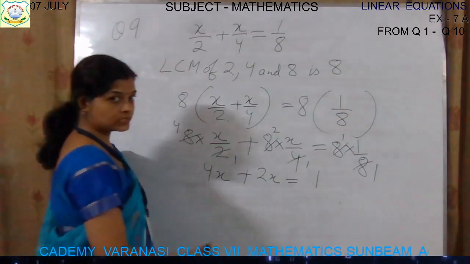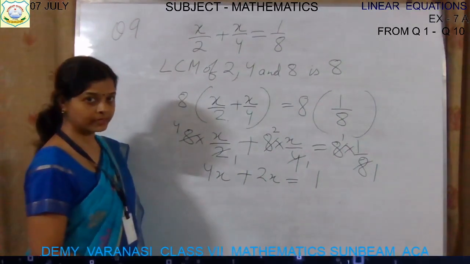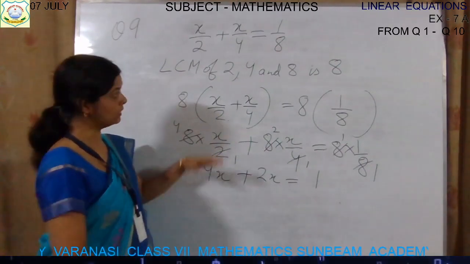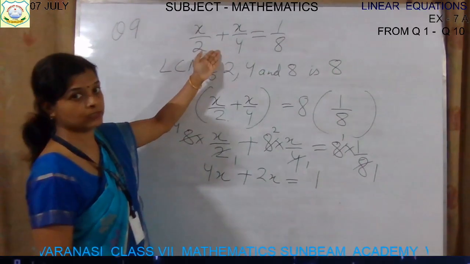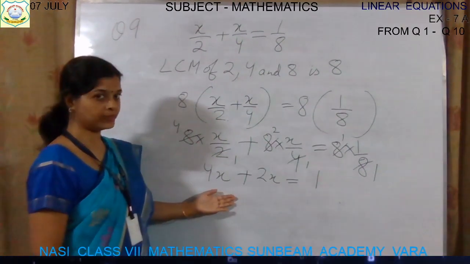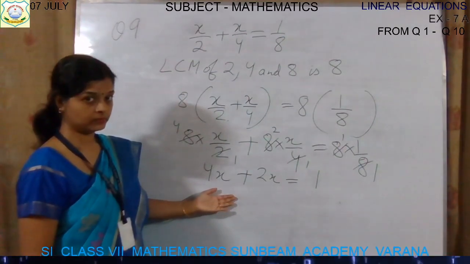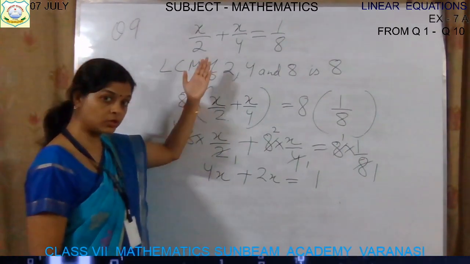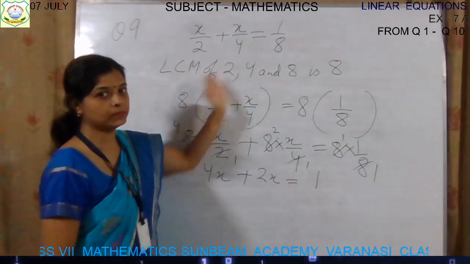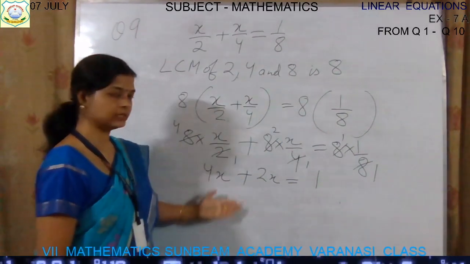Now solve this. Still we have to find the value of x. At this moment we have simplified the denominator. Now there is no more denominator. In the question there are 3 denominators. Now at this step there is no denominator. So how to remove those denominators? You know it very well. Take the LCM, multiply it on both sides and then solve.